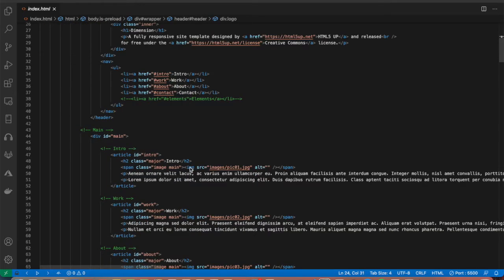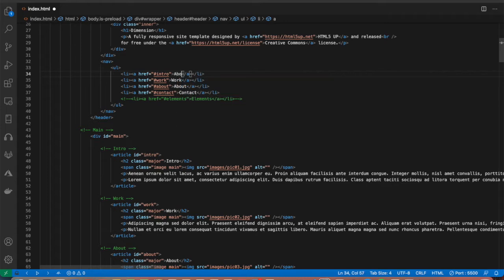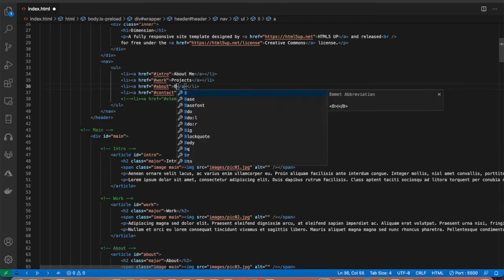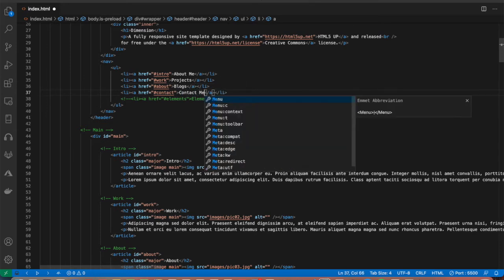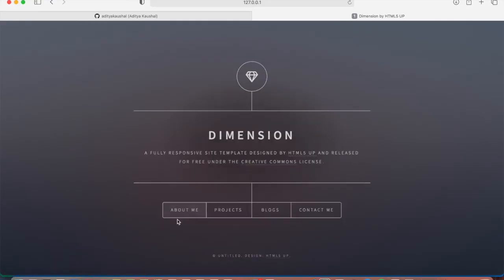So here you can change your text here. For example, if you want to make it about me, and you want to make this projects, you want to make it blogs, and this is the contact me information. So you can simply press control save or command save. Then you can go back to the website and you can see about me, projects,